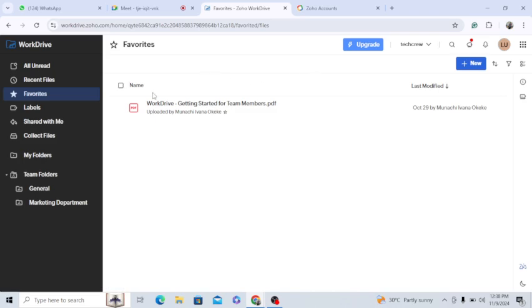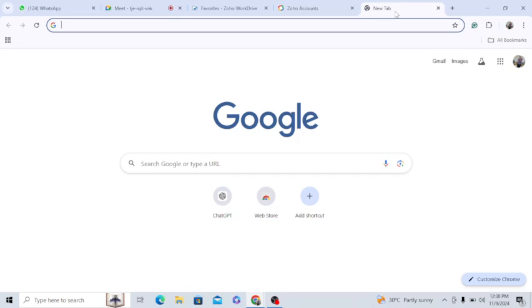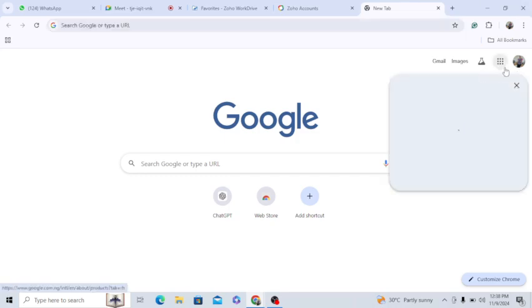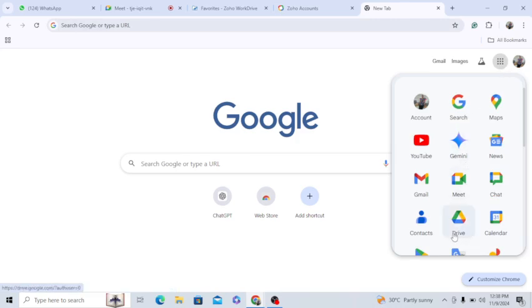The other one is just maybe a personal drive for you. The Google Drive we are using in most cases is our personal one. We are not using a business account, we are not using a business setting. But if you want to collaborate with somebody on a particular document or folder,